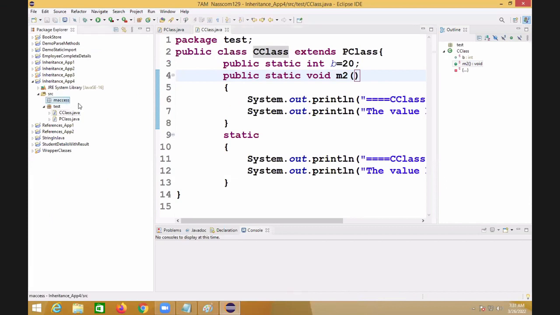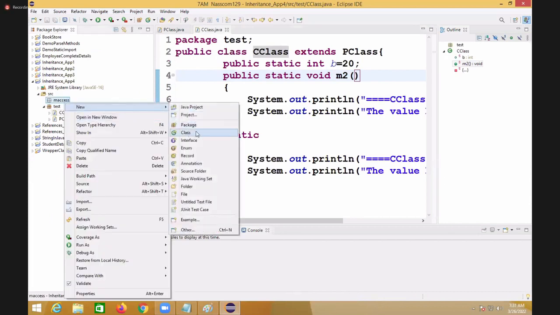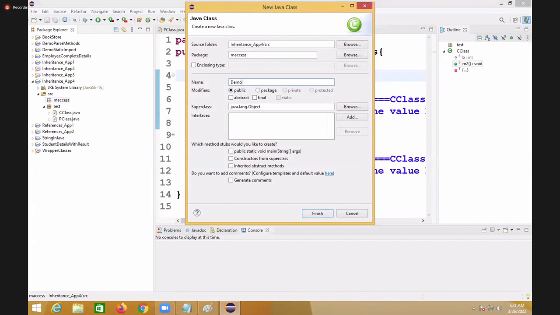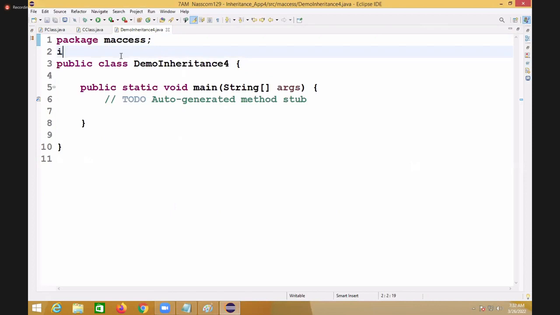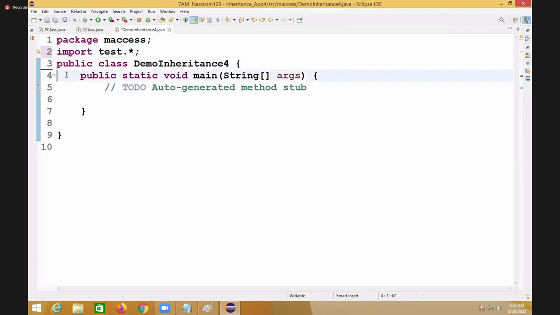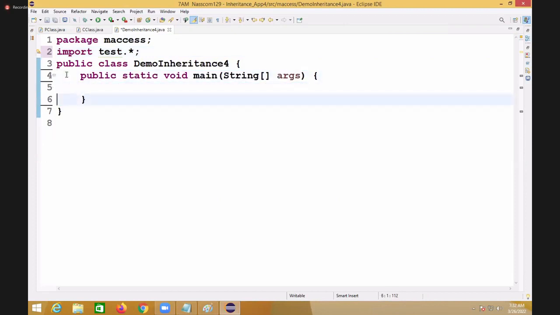Now go for the main class here. Class Demo Inheritance 4. Import test.*. So here there is no need to create an object. Is an object needed or not needed? Not needed, no? Yes or no? Right. So we are displaying